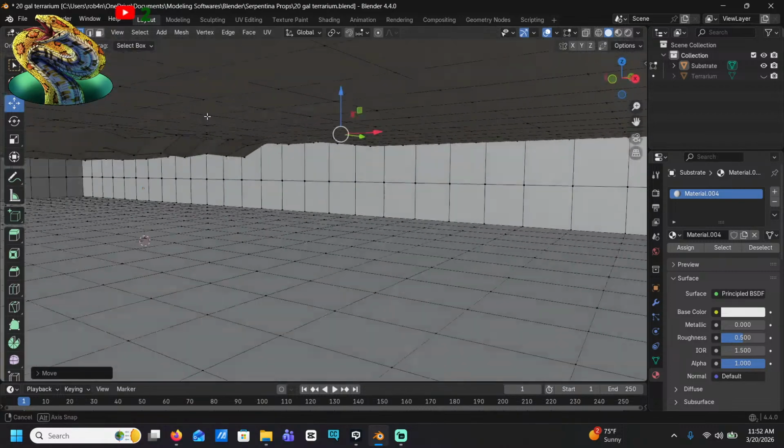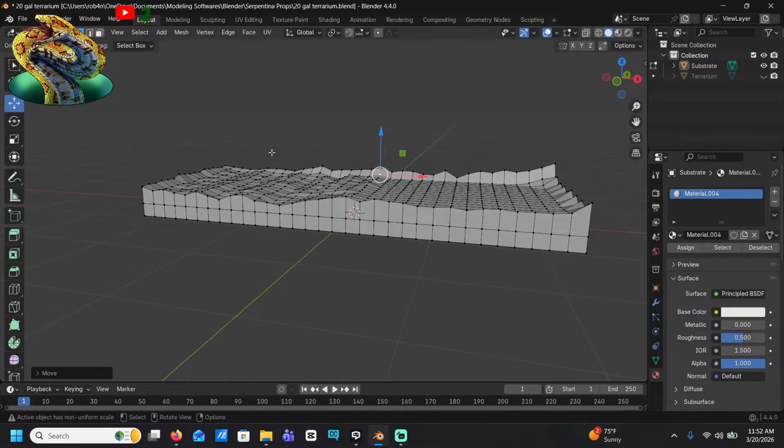The inside of a box. Love it. It looks like a little cave in there.